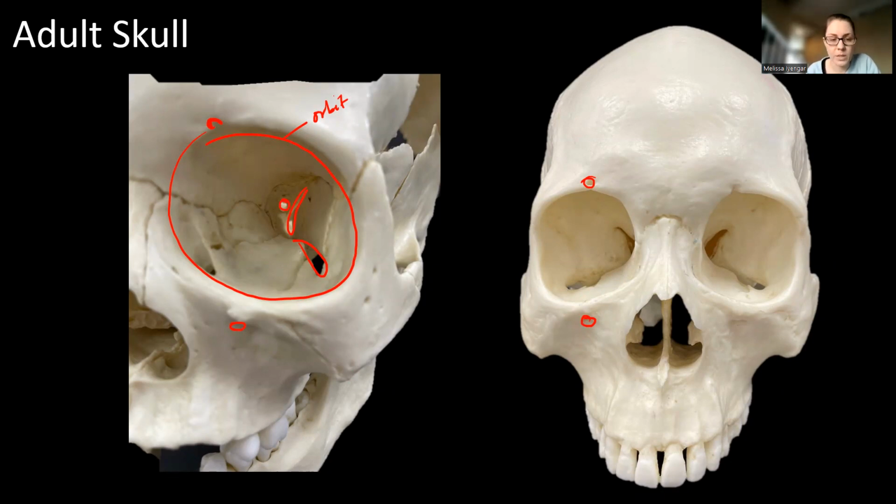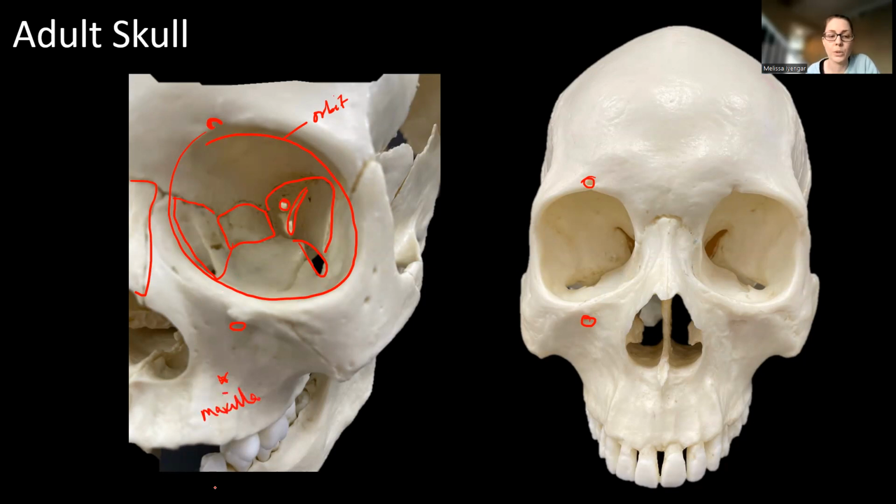The orbit is made of several bones, so you can see all of that is part of the sphenoid bone here, and then this is the frontal bone. We see the nice suture right there for the ethmoid bone, and then another suture right here, and that's going to be the lacrimal bone. Here's the nasal bone, which doesn't make up part of the orbit. And then the other part of the orbit is the maxilla, which is this bone right here,